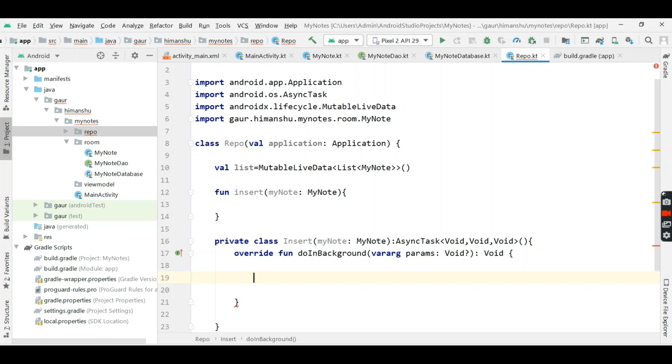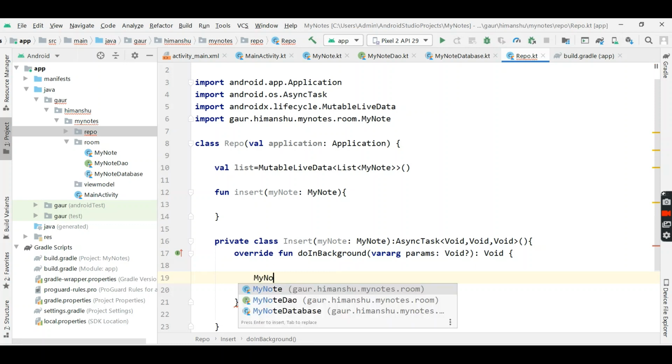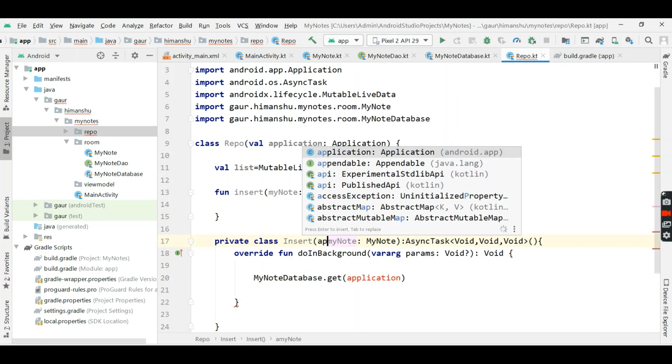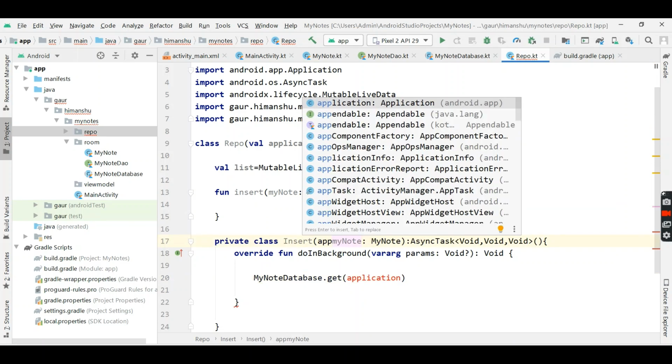Okay, now our database name is MyNoteDatabase. So MyNoteDatabase get and pass application. So we can take application from here.